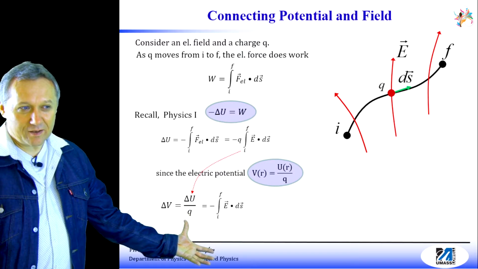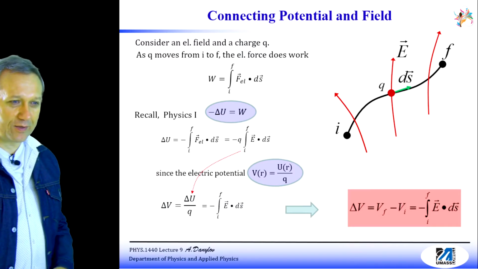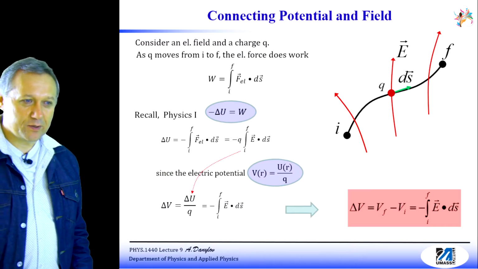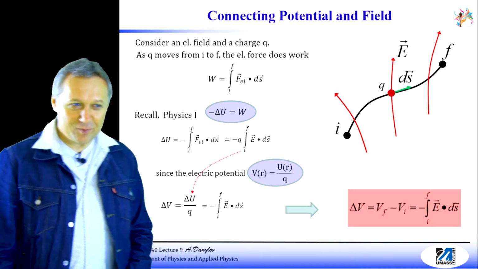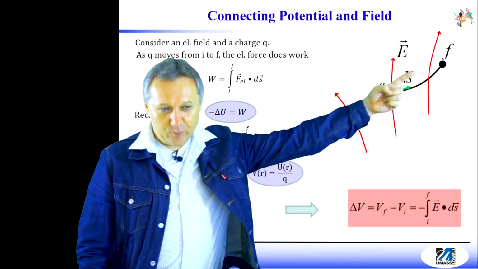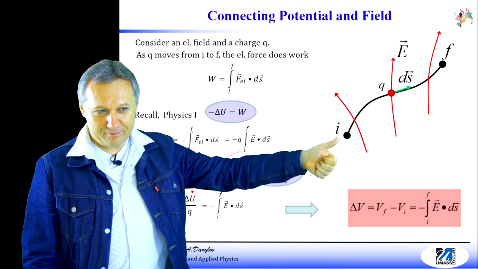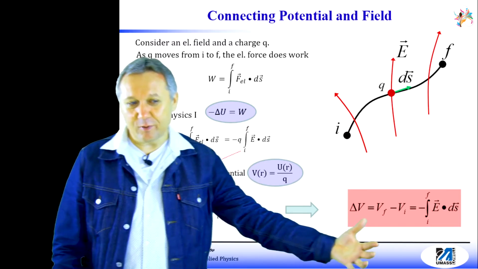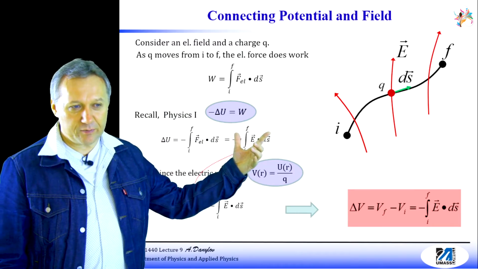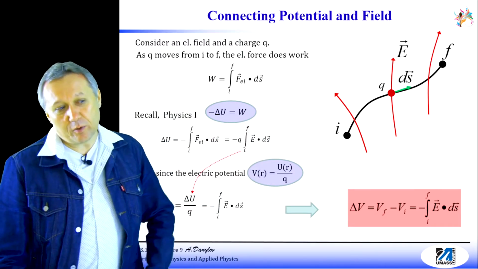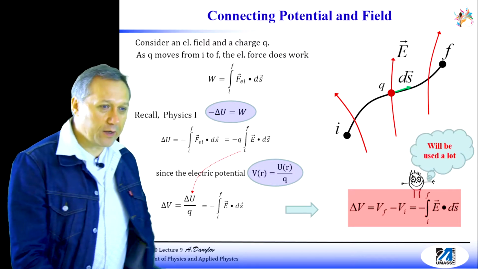Tada! Basically, that's the first bridge. Okay, let me open it up separately over there and frame it. So delta V, which is basically potential difference, right? Between which points? Our final point and the initial point. Potential difference equals the negative of the integral between the initial point and the final point of E dot ds. So this formula will be used,